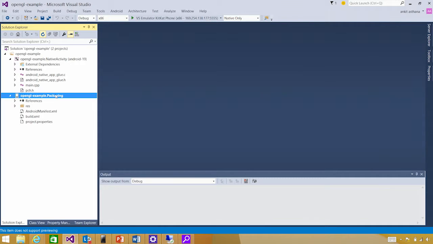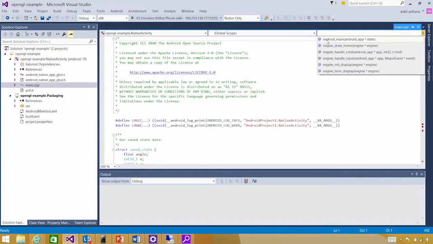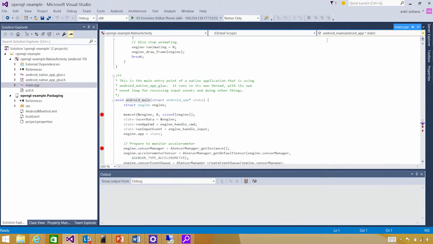For the next part of the demo, I want to bring up some source code to demonstrate the feature capabilities. For doing so, I'm going to bring up the main.cpp source file and traverse to the Android_main function. Android_main function is a characteristic function for Native Activity application type and acts as an entry point. As I play around in this function,